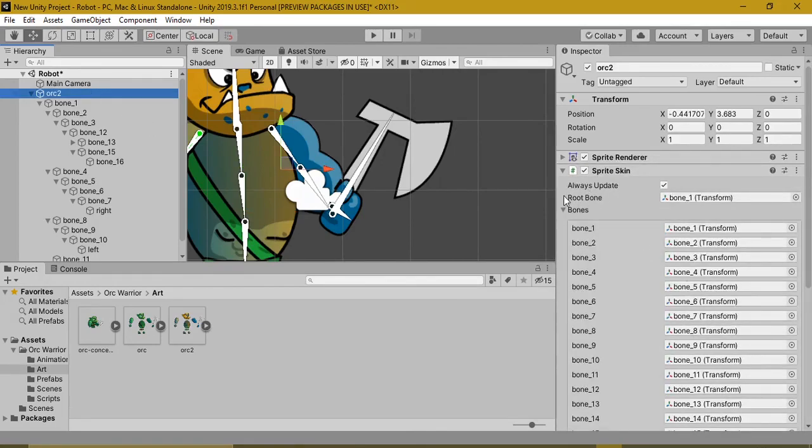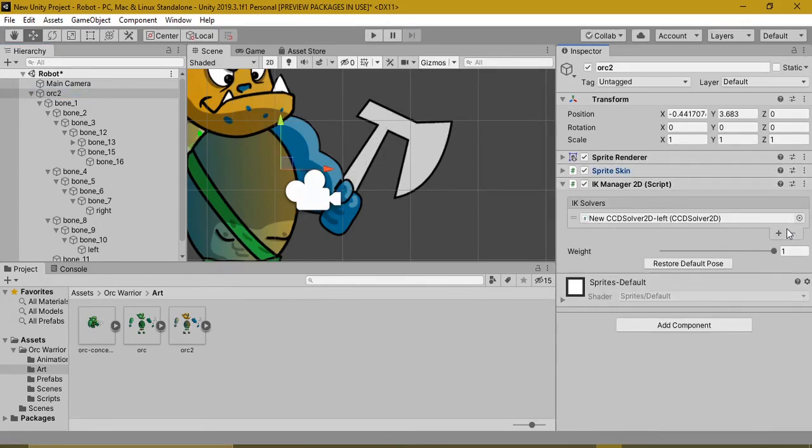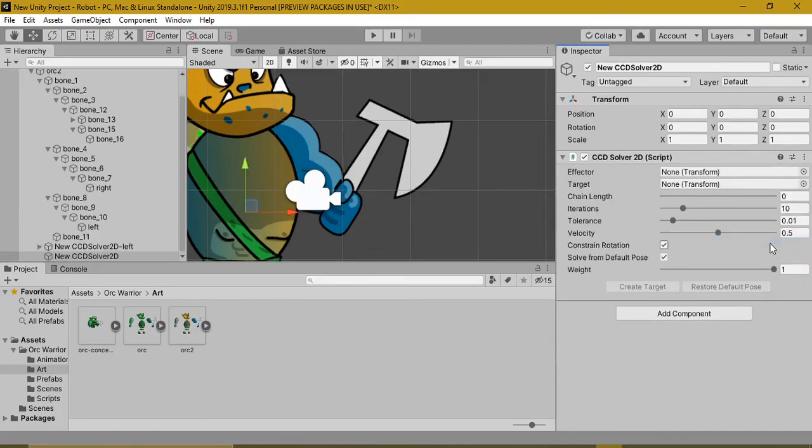Now I'll make another solver. Again I'll go for chain.